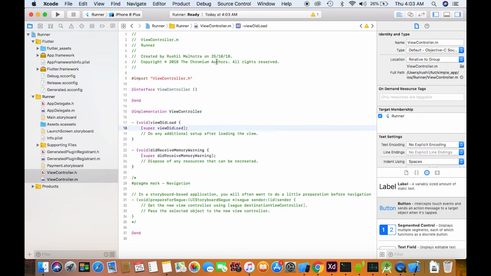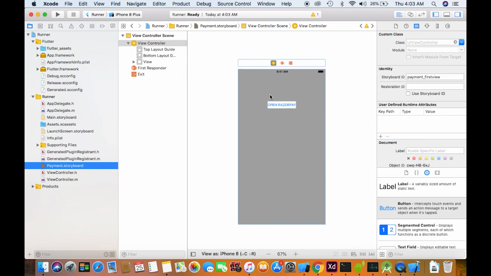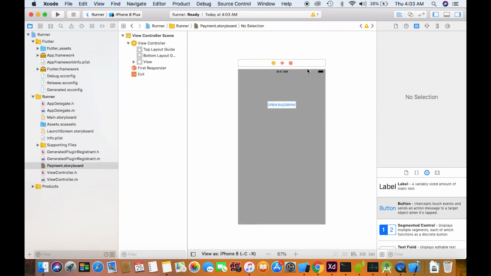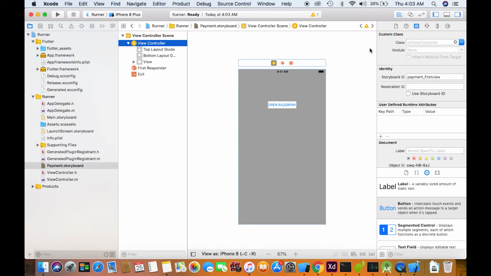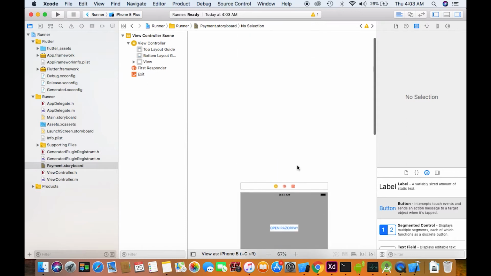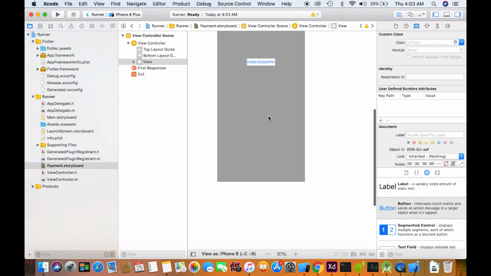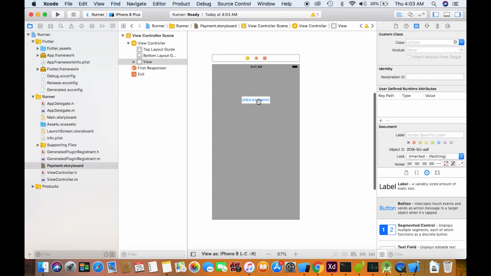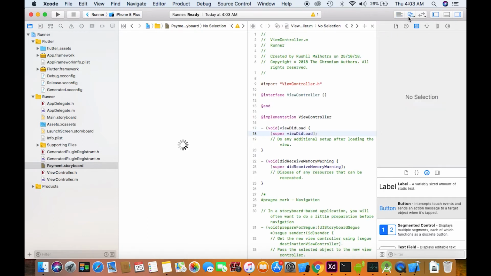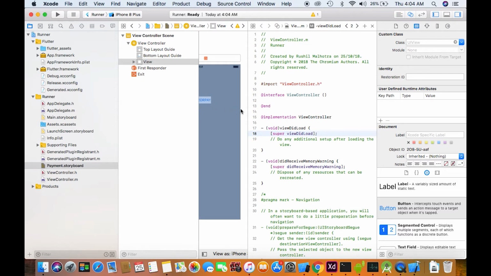Now I have to associate this to the view controller scene, so to the code. I have to click here on the scene, then I can see the view controller here, which is the class I just created. That's pretty much it. Now I can have an event for this button also. So we can click here, and automatically the code we just generated will show up here.